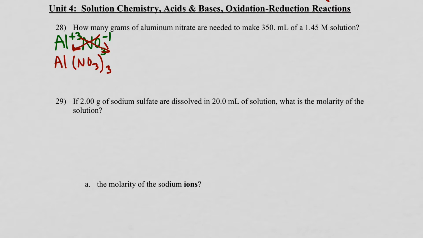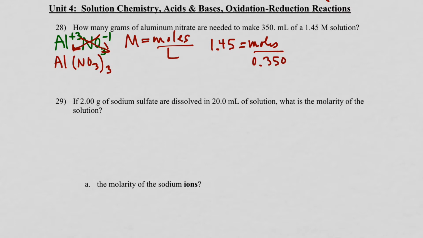So now we have our chemical formula of aluminum nitrate, and our next step is to use the information provided to calculate the number of moles that's required, and then finally we'll convert that number of moles from moles to grams. So you need to be showing all your work, so the next step would be to show the formula you're going to use. Molarity equals moles over liters, and remember these formulas are in the reference booklet. And then substituting in, the molarity is given as 1.45, moles is what we're solving for, and the volume 350 milliliters converts to